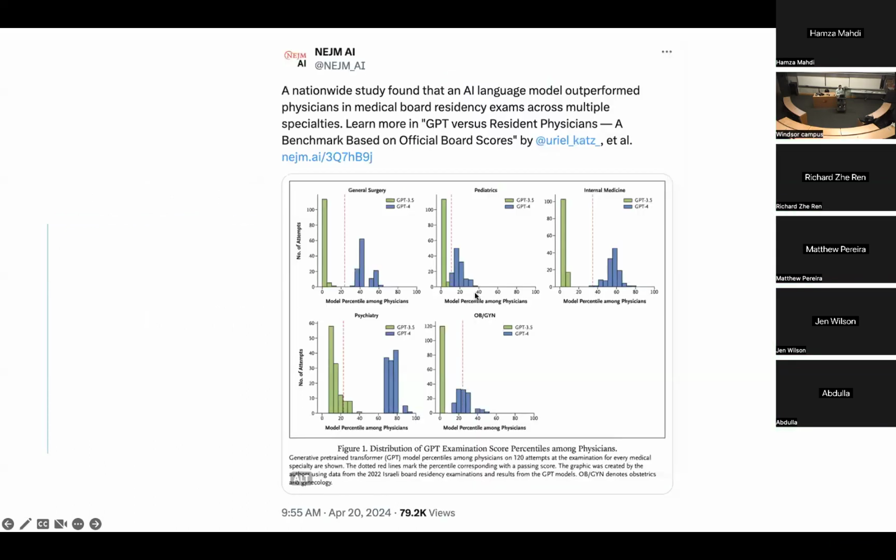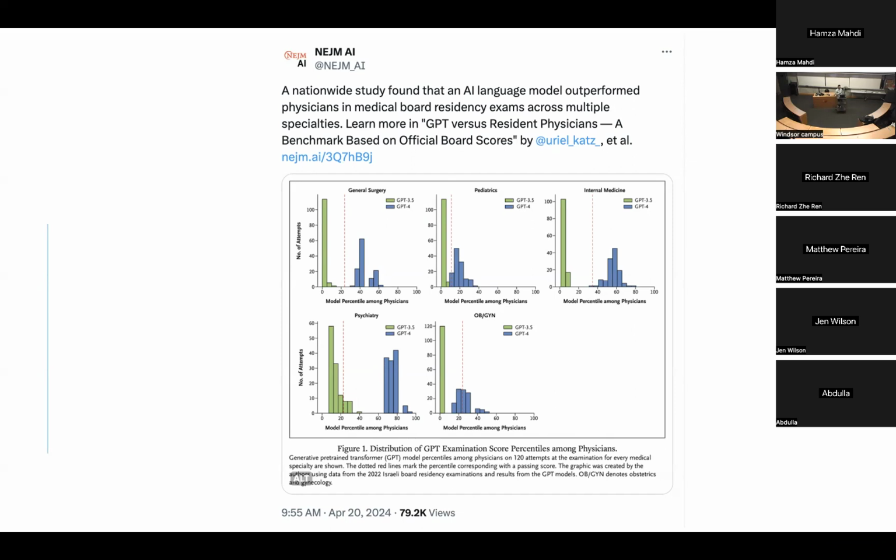So all right. I was on Twitter today and I thought this was interesting. Just wanted to share it with you guys. Don't mean to scare you, but a study found that AI large language models outperformed specialists, right? So that's pretty concerning. Or maybe it's not concerning for the general population, but it might be concerning for some of us who plan to become specialists. To me, I think it's quite exciting.